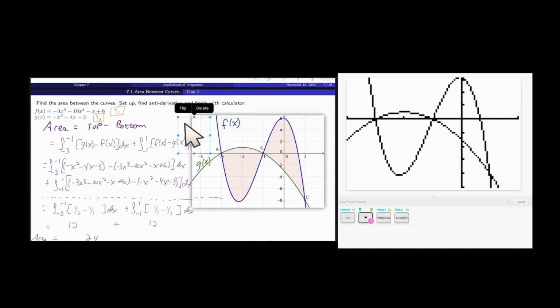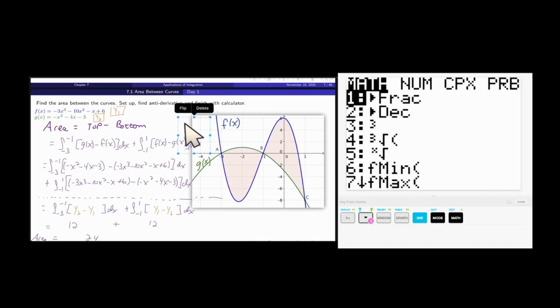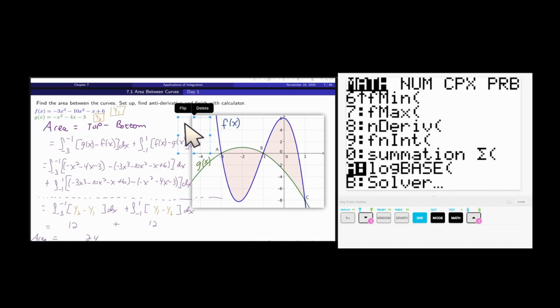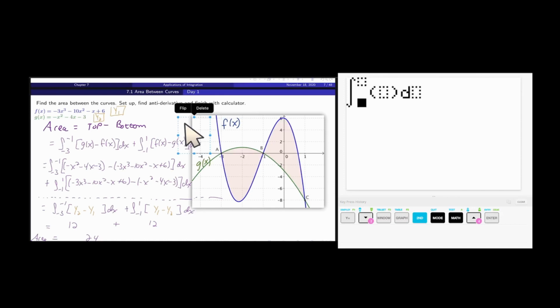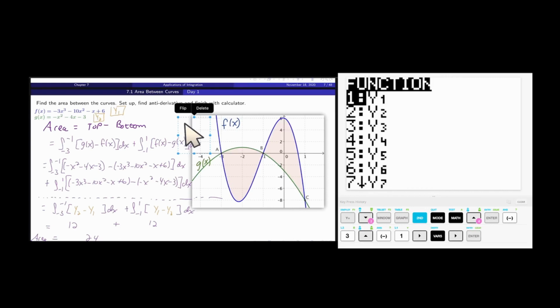So now I'm going to quit out to the home screen and have the calculator find the area between those two curves. So what I need is math. Go up to function integrate. Okay, the first section is -3 to -1, -3 up to -1. Arrow over. Now I need to put y2 minus y1. Those are in y bars. Choose function. I need y2